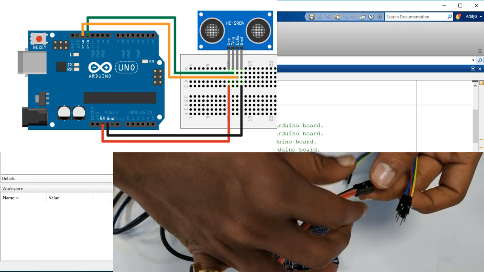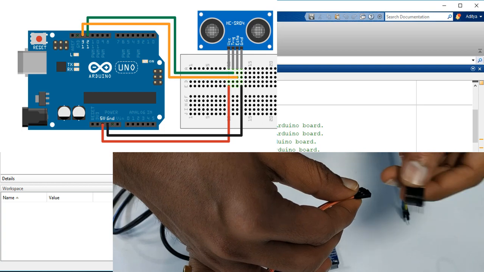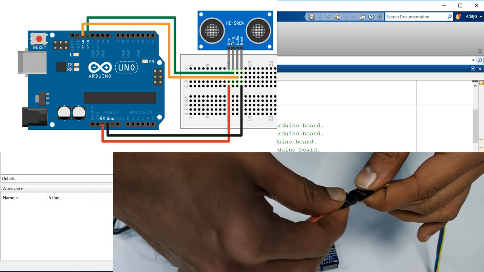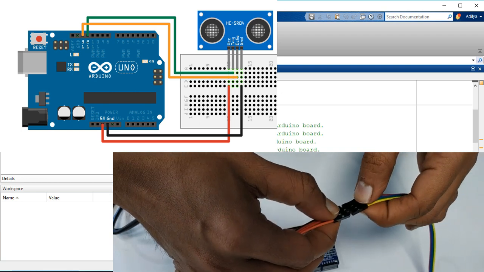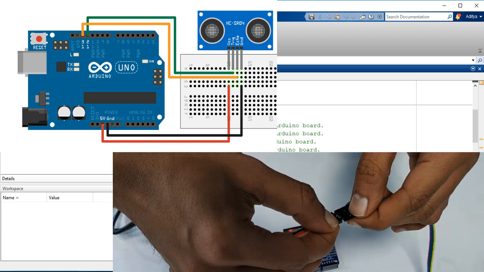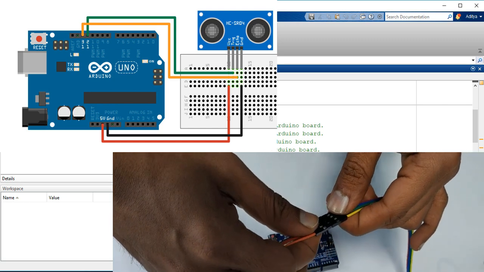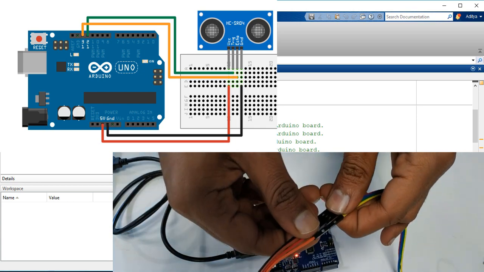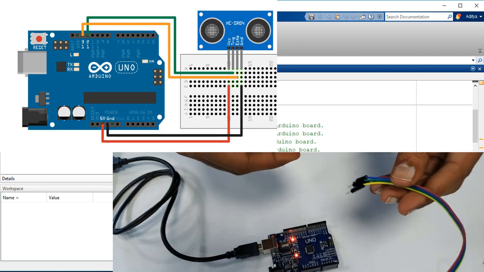That's not in this webinar, but in the next webinar we'll be creating a project based on this ultrasonic sensor, which is kind of very interesting, and that's why I'm adding a little more length to the wire so that I need not explain to you again in the next webinar.